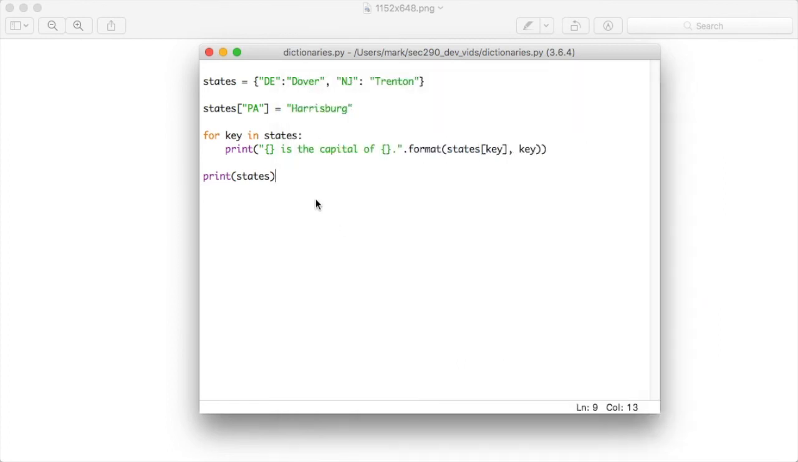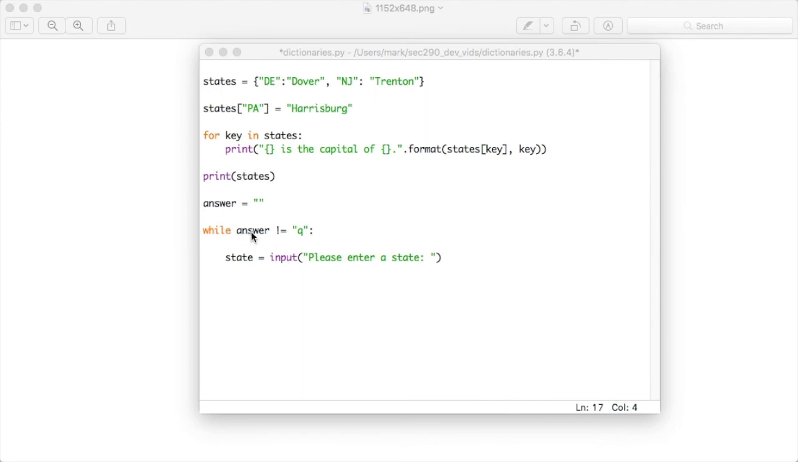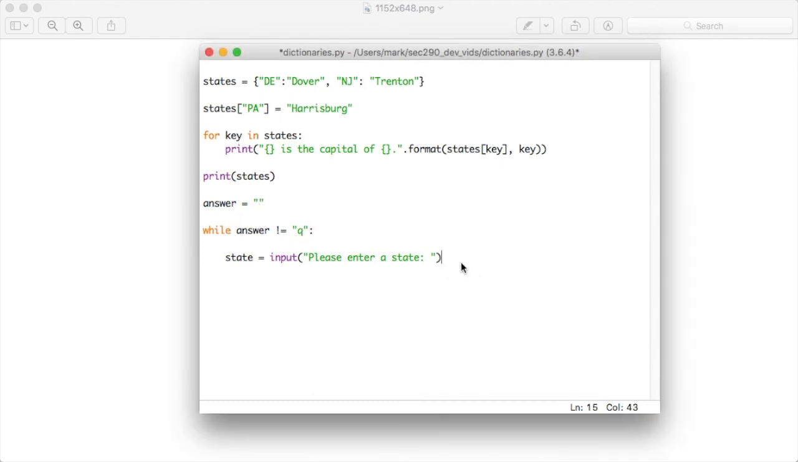Now, sometimes you want to test in your code to see what's in the dictionary. So let's do this with a while loop. All right, so we'll go into the while loop as long as answer is not equal to Q. So we set it equal to an empty string first. It's clearly not equal to Q. Okay, if state in, we use the in operator here. That's a great one with the dictionary. That's going to tell us if the key is in the dictionary. So we're asking for a key here with the input statement. So if state in states,